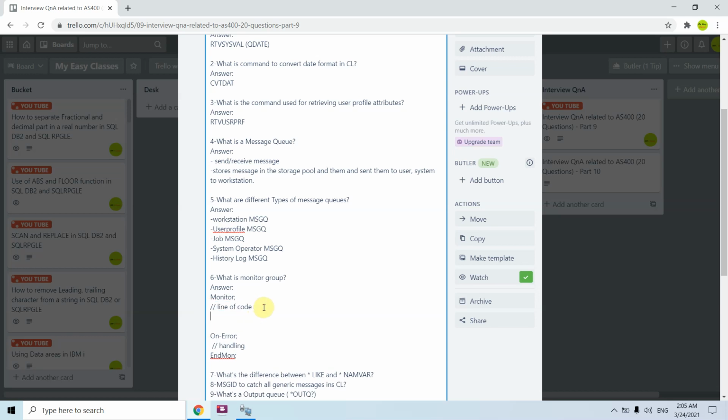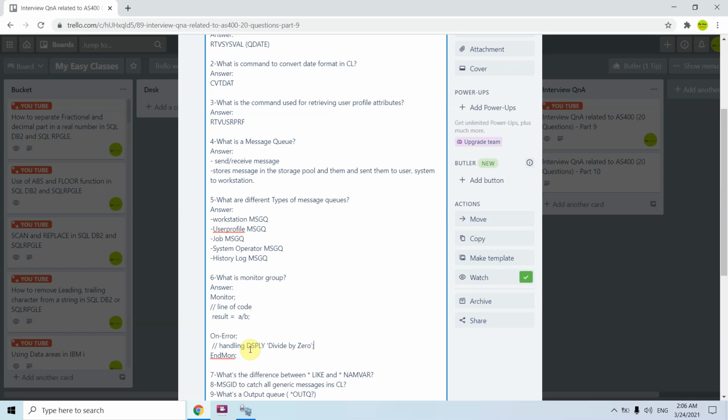For example, we have written here result equals a divided by b. There is a possibility that b can be 0, in which case we would be dividing by 0. So we can give the message, for example, divide by 0, in the on-error block.